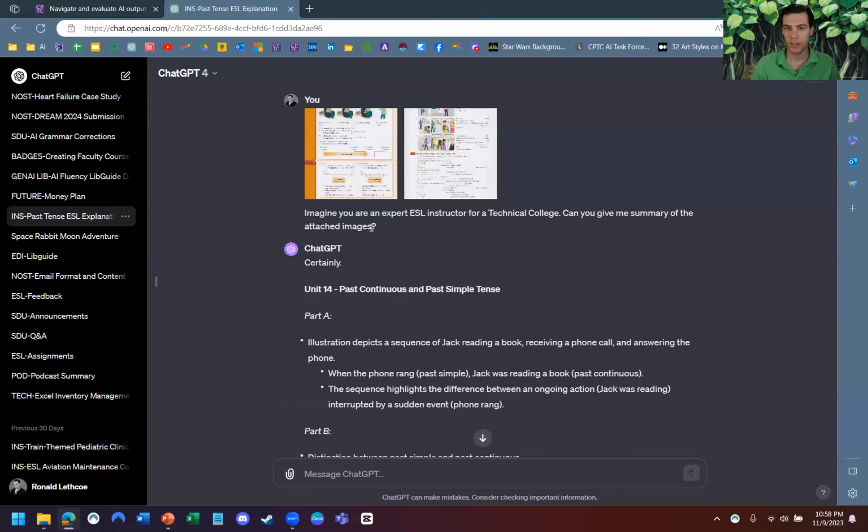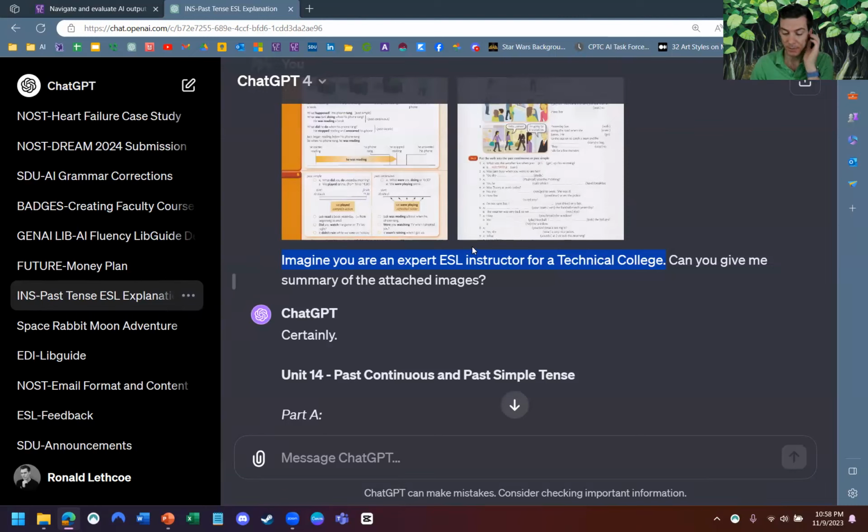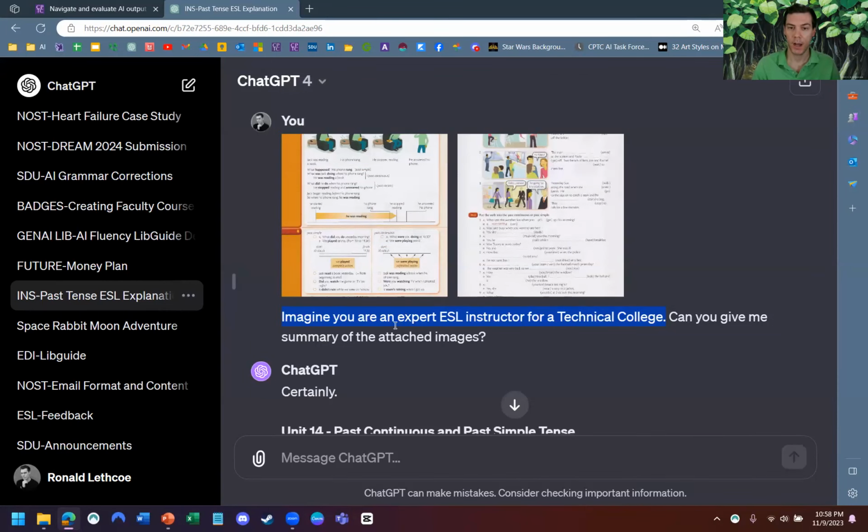This is what I wrote at the bottom. For my prompt, we call these prompts: Imagine you are an expert ESL instructor for a technical college. Can you give me a summary of the attached images? You'll notice this first one, some people think it works well, and some people think maybe it's not that helpful at all. But whenever I have a conversation with ChatGPT, I like to give it a role. From my experience, if I tell ChatGPT that it's an ESL instructor, then